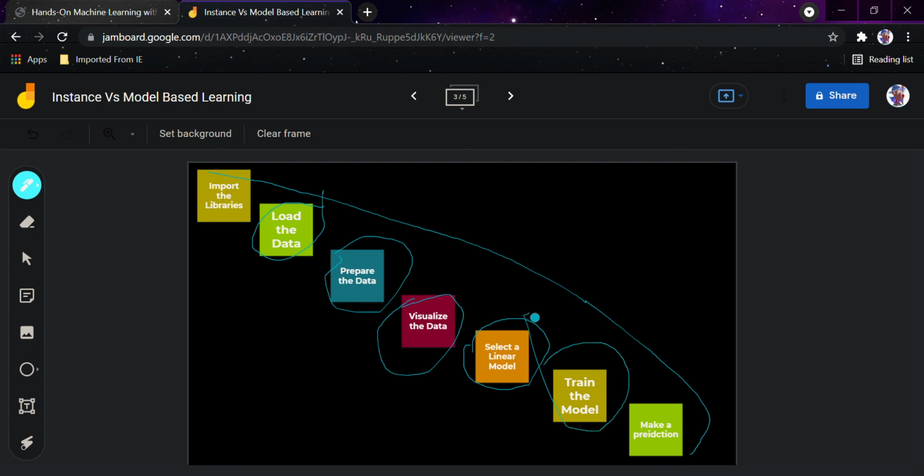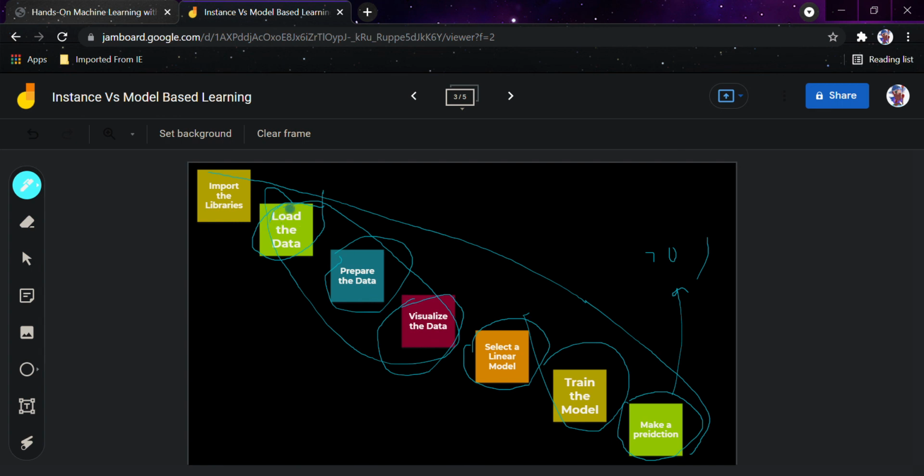You basically train a model on the example data set that you have prepared, and you make your model learn again and again the examples that you have taught it. And after that you make a prediction, that okay model, we have taught you something, now we want to make the prediction, we want to see how you are performing. Now suppose it gives you 70% accuracy. Now what would you do?